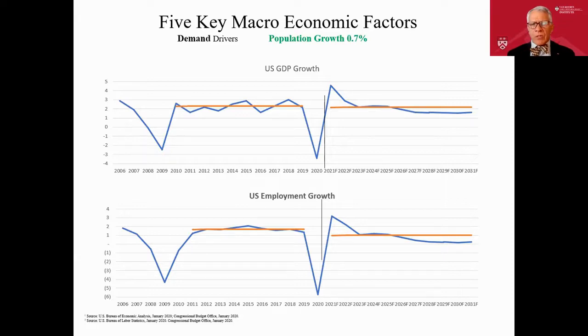The first one is the little green there on the top, population growth. The 2020 census says that we have 330 million people in the United States today, and that we're forecast to grow at 0.7%. Do the math on that, and that's about 3 million people a year additional in the United States. And let me just put that into simple real estate terms for you.